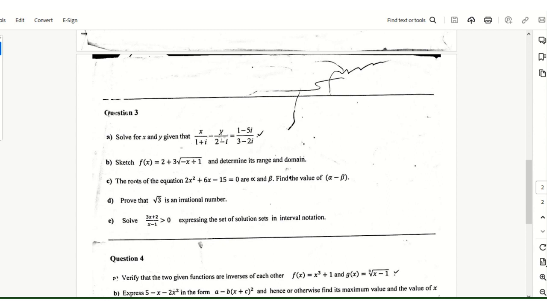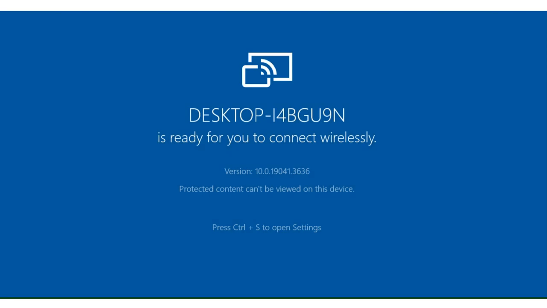So we are finding the values of x and y here. Let's see how we can deal with this one. This is the board now. So the question is